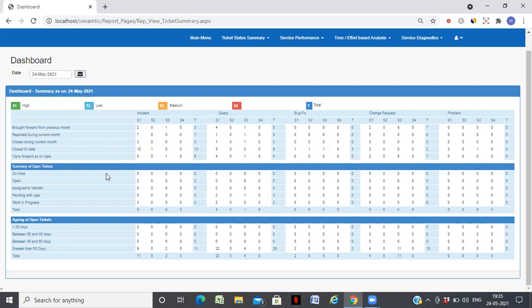And all open tickets, as I told you, are classified into these 5 buckets: on hold, open, assigned to vendor, pending with user, and work in progress. And aging of all open tickets: less than 30 days, 30 to 45, 45 to 60, and greater than 60. So this is one dashboard which will give a concise view.